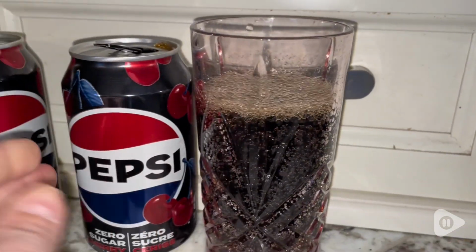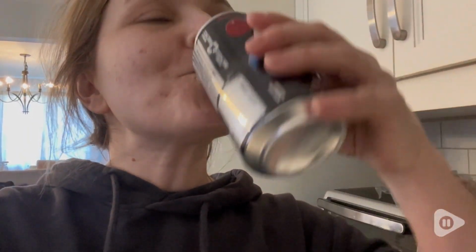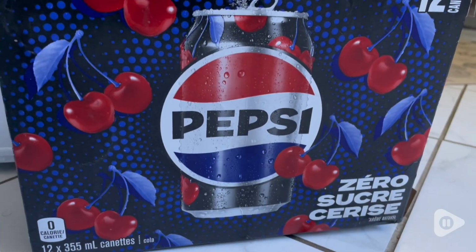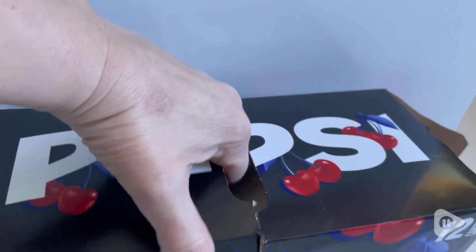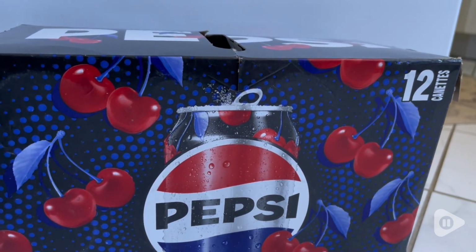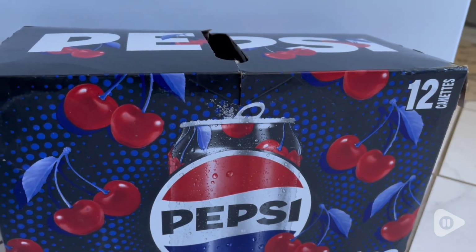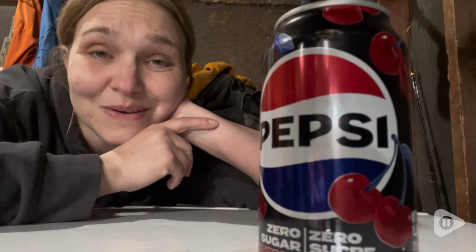I do like when they do flavors for different pops. It's something different and it's just so good. So I love the box as well. Has the beautiful design with the cherries all over it. I love that they have a handle on the box, and you do get 12 cans in this, so you have enough for everyone. It's so good, and it's one thing that we all love, so that's a bonus, and